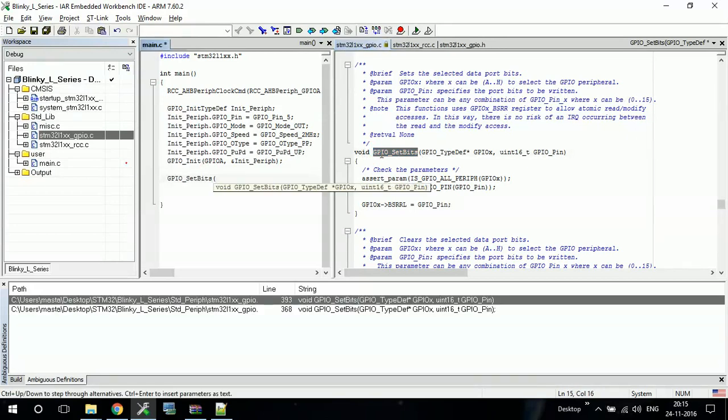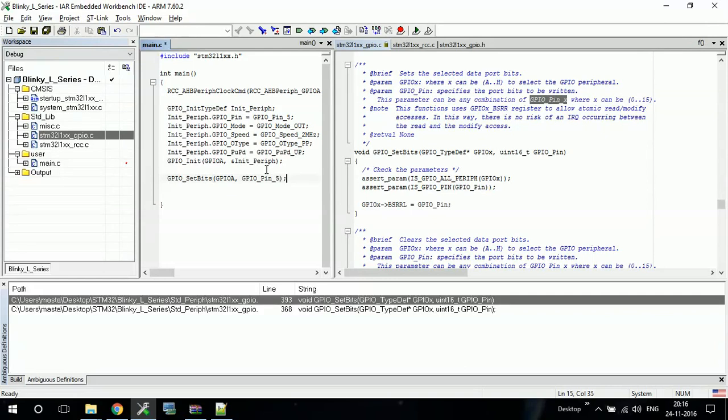The first one is your GPIO port name and second one is GPIO pin. And for GPIO pin you have to give it like this, GPIO_PIN_X. So in our case GPIO_PIN_5, that is pin number 5.